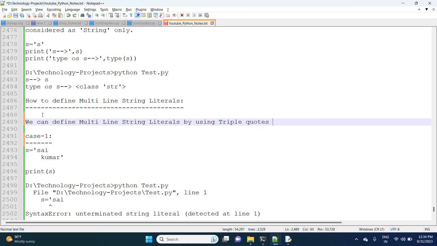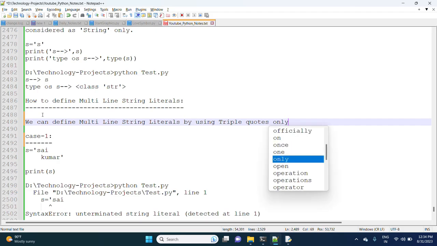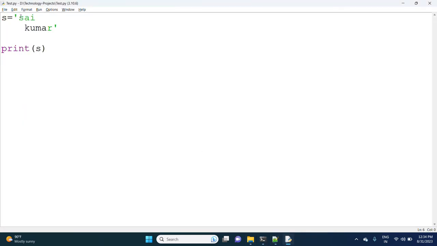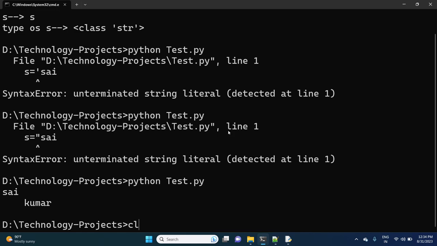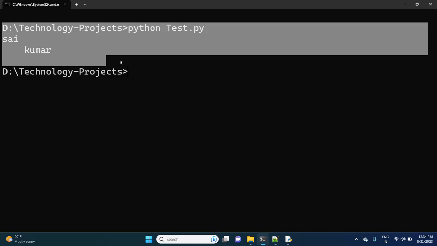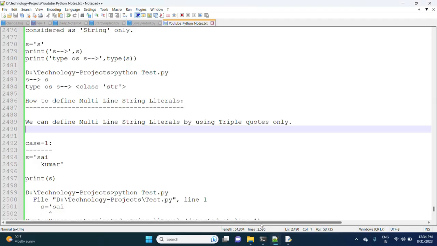Observe one more thing. If I'm taking single or double quotes, it is not possible. If I'm taking it in this way, it is fine. If you observe here, this way also it is fine. Clear, right?